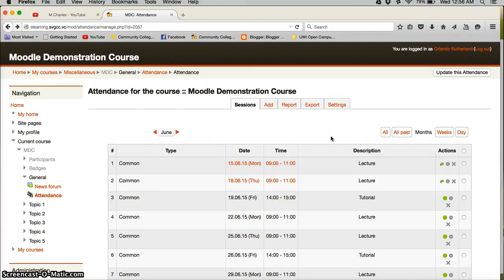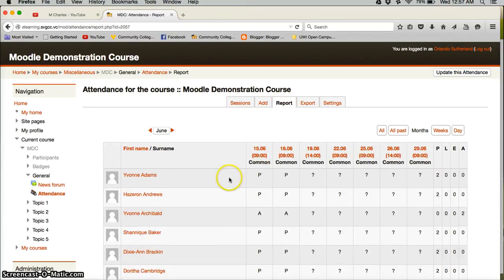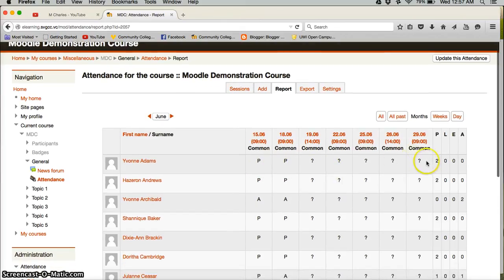Okay, you have many more features that you can explore in the report. You can see what is happening with everyone as you move along with your course. So we can see here that Yvonne was present twice, and those that are not taken yet would show with your question marks. You can export the sheet if you wish for record keeping or any other reason you might want to do that. You can edit each session,